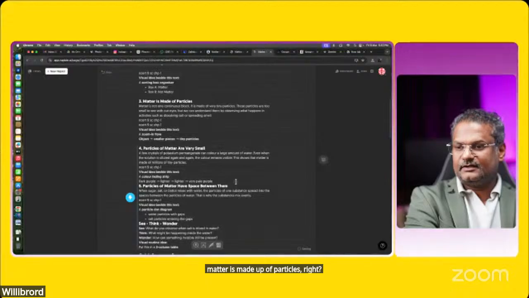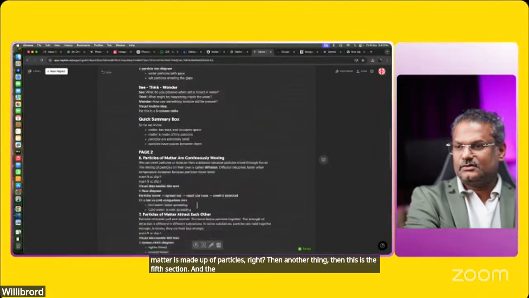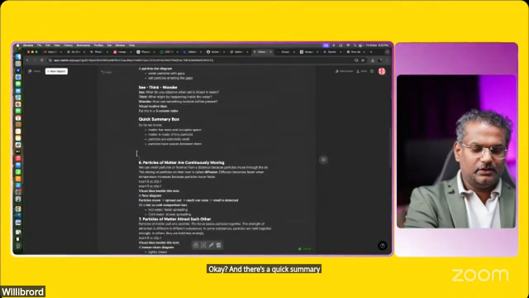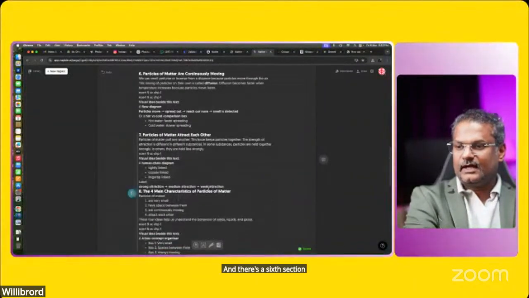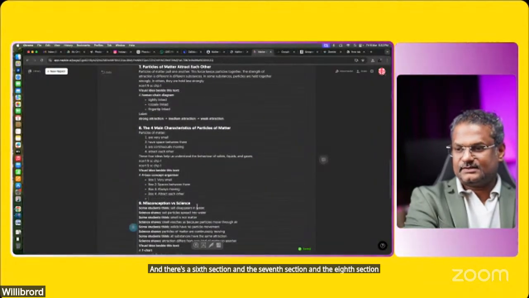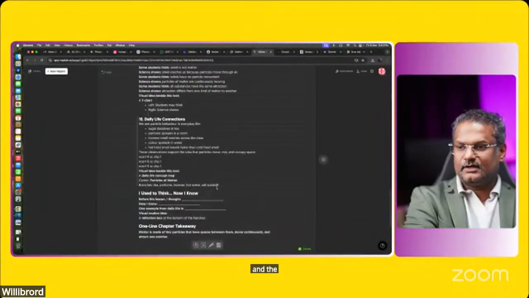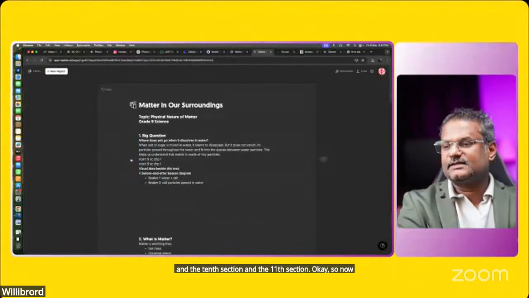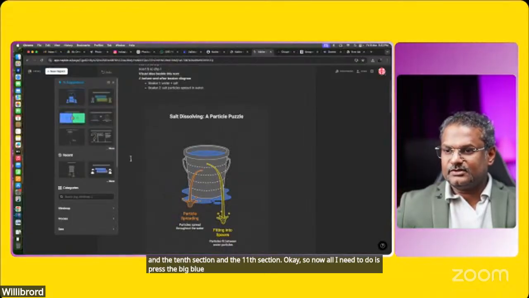Then another thing. This is the 5th section and the 6th section. And there's a quick summary, and there's page 2 and a 6th section and the 7th section and the 8th section and the 9th section and the 10th section and the 11th section. Okay. So now all I need to do is press the big blue lightning button and it's going to say,